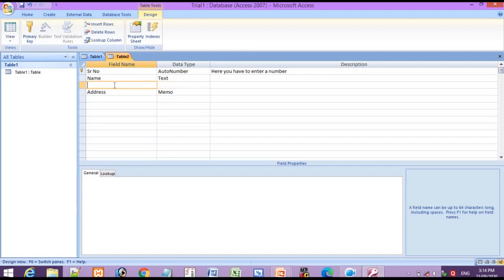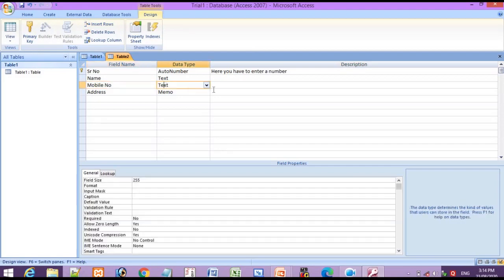Like, I will give here mobile number, and for mobile number I will select the data type as number, because numbers are random in a mobile number, like 9 0 6 5 3 4 9 8. So they are random numbers. In the same way, think about which data type will be used for mobile number.